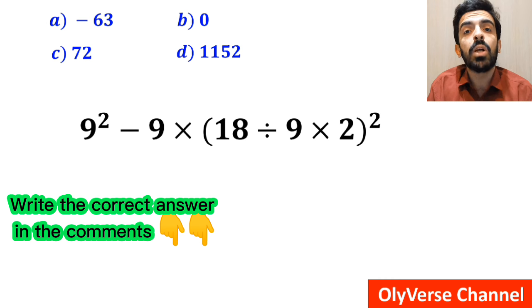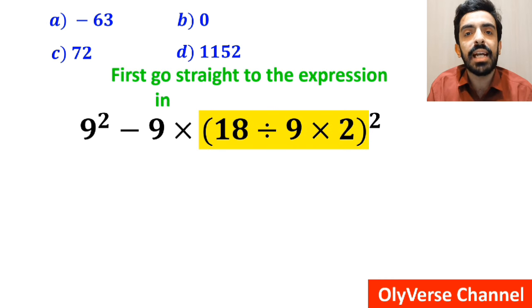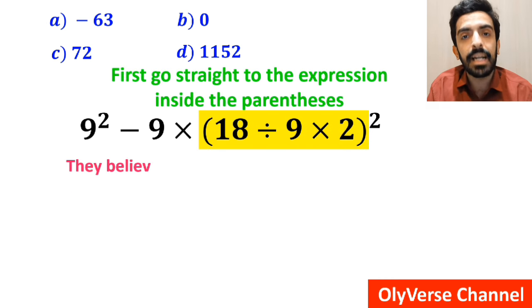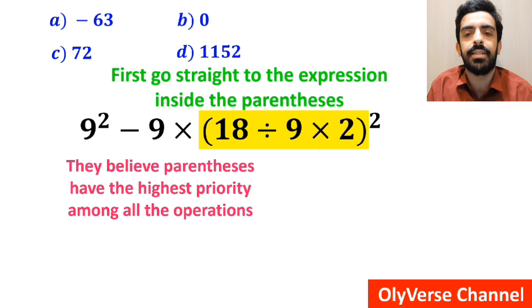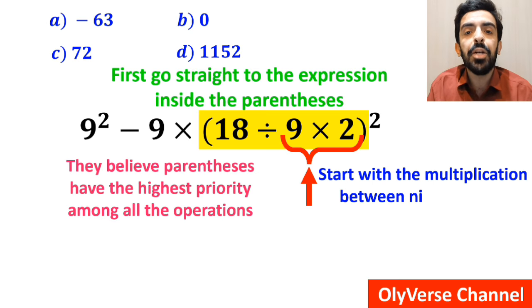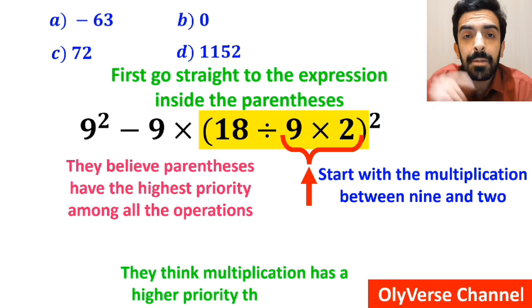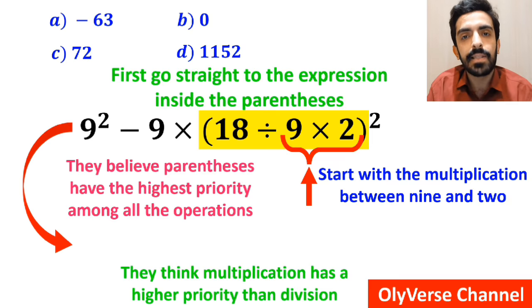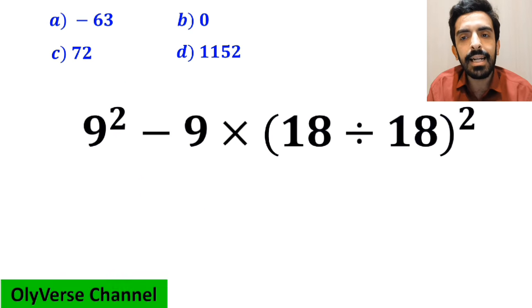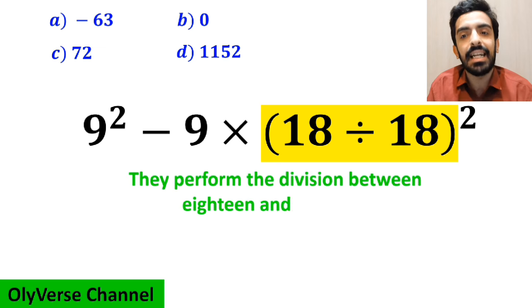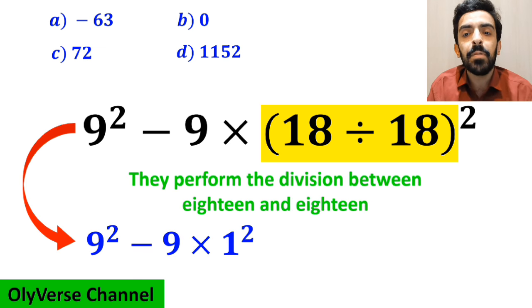Also, some other people to solve this question first go straight to the expression inside the parentheses because they believe parentheses have the highest priority among all the operations. And they start with the multiplication between 9 and 2 because they think multiplication has a higher priority than division. So, they rewrite this expression as 9 squared minus 9 multiplied by (18 divided by 18) all squared. And in the next step, they perform the division between 18 and 18 and write this expression as 9